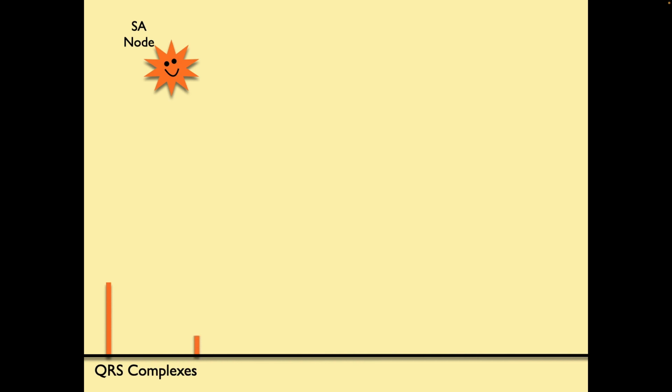So these are just the QRS complexes. I know there should be P waves, but we don't care about that. I'm just showing the QRS complexes. So typically, the SA node's just firing off. Everything's great. But then what happens is that